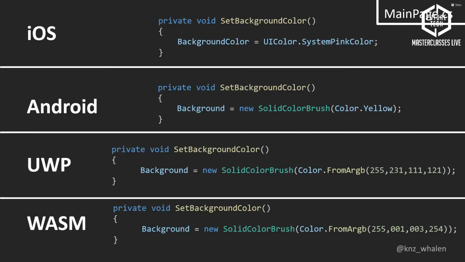These are examples. So to create partial classes, you create a class with the same name in each of your platform-specific projects. So in this case, it's just the main page. And then we're adding the set background color method, which is going to be the same name in all projects. The difference is the value that we're setting. You'll also notice syntax changes for these projects. So iOS is using system pink color, Android is color.yellow, etc. That is kind of the downside of using platform specific. You do need to know some different syntax, but not that hard to work around.